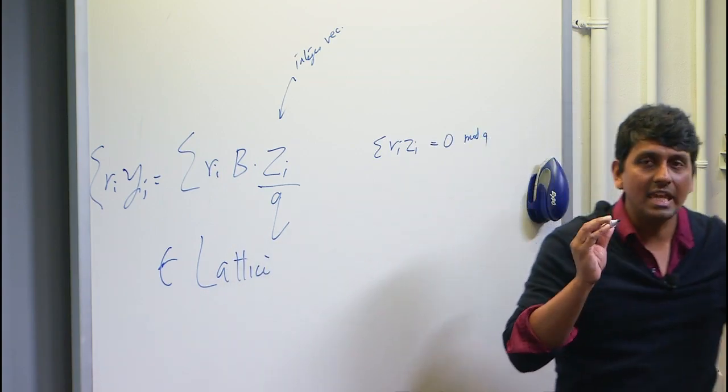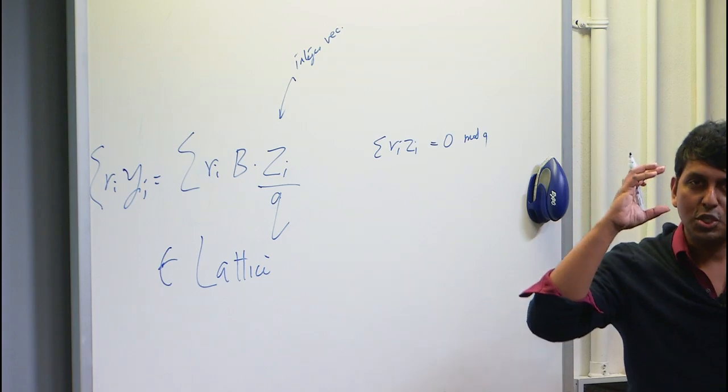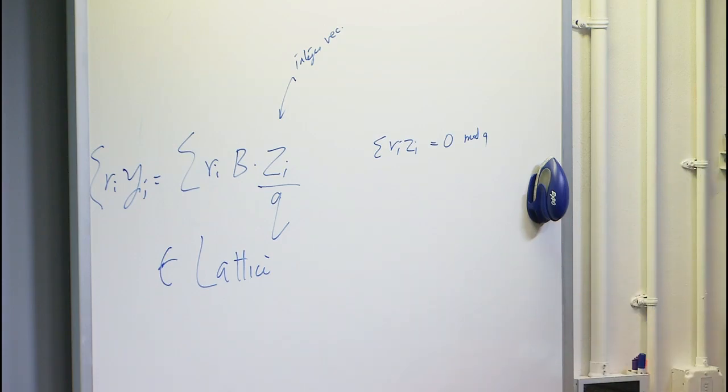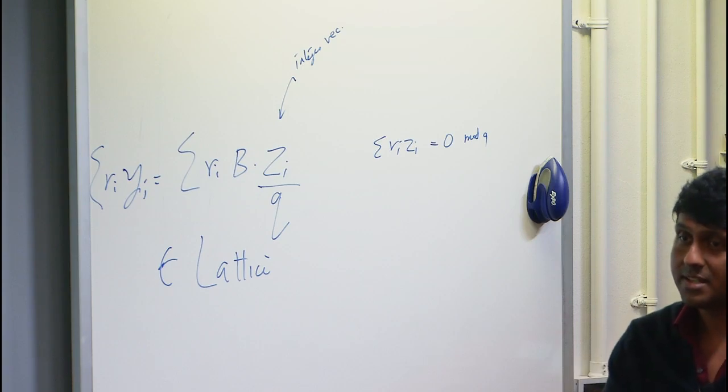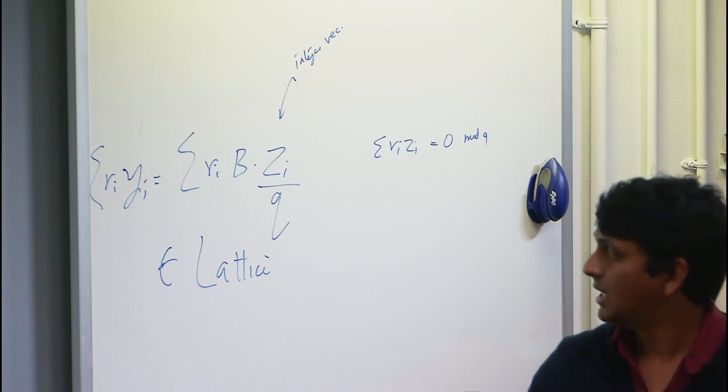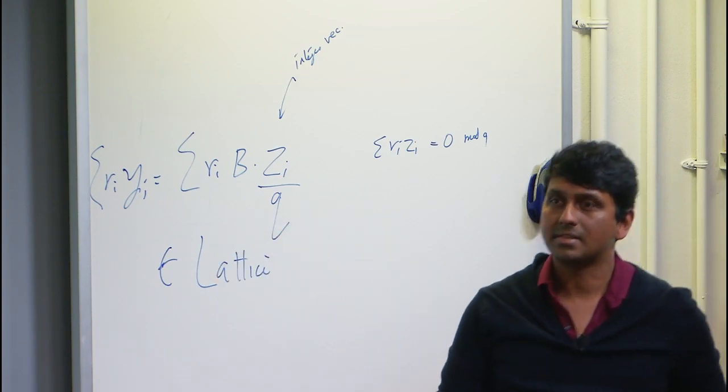Right? So this is the key. The key is to use the SIS oracle to tell you how to combine vectors that are not in the lattice and produce a vector that is in the lattice. And that is it. Yes, Tal.